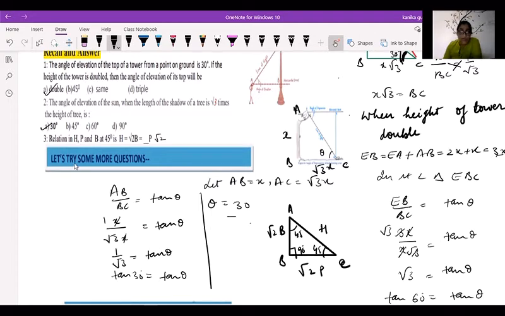The relation of hypotenuse, perpendicular and base at 45 degrees is h is equal to under root 2 b. You know that in a right angle triangle, when one angle is 45 degrees and 90 degrees is the fixed angle, then the other angle is also 45 degrees, and this triangle becomes an isosceles triangle. So AB is equal to BE, so your perpendicular is equal to base. So if h is equal to under root 2 times b, then p is also under root 2 times